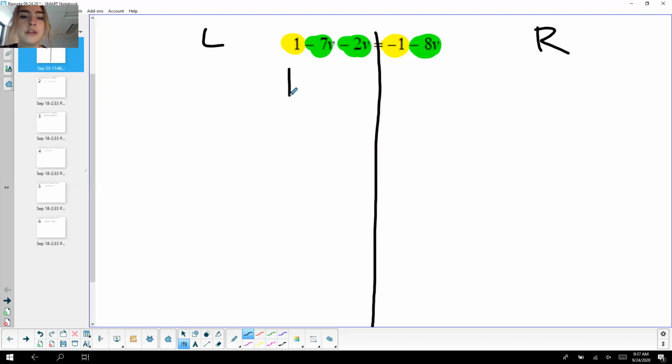But then I'm also noticing on the left side, I've got -7v and -2v. So I can combine those. So in your calculator, if you pick it up, you can type in, and let me know if you don't know where that negative button is. Remember, it looks like this next to your decimal point on your calculator. You can type in -7 minus 2. That's all you have to do to combine those 2 variable terms. I get